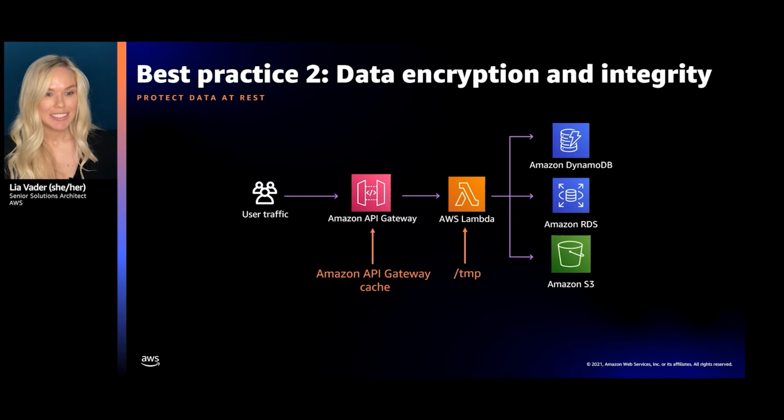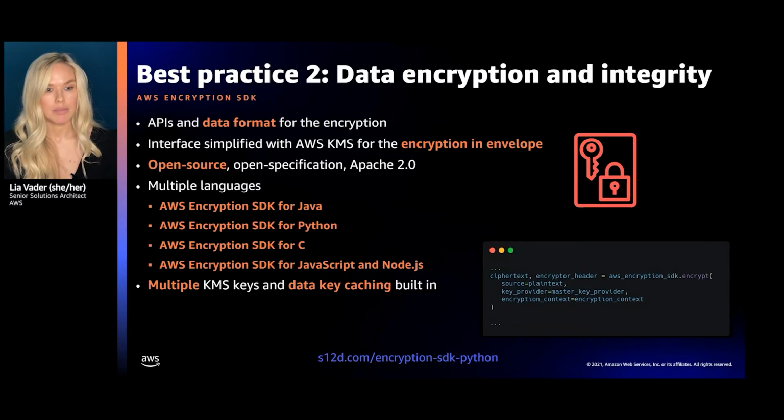So moving on, we now need to look at Lambda. So in Lambda, you can store data in environment variables, and those are encrypted by default. And of course, Lambda encrypts files that you upload, like your deployment packages and layer archives. But in terms of what you'd be storing, the only data store would be /tmp. So first off, be thoughtful about storing it in /tmp if the data is sensitive. But if you need to, you can encrypt client side.